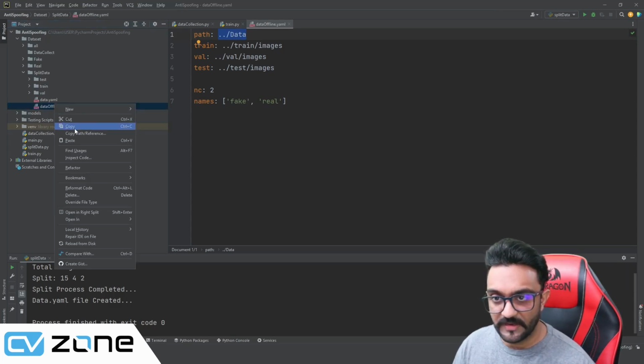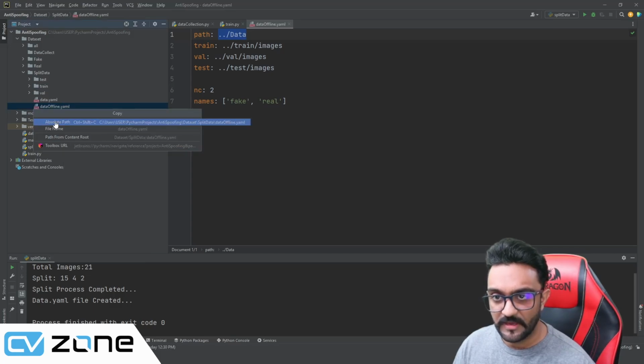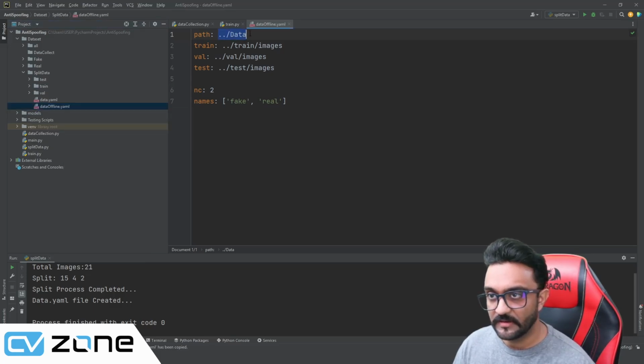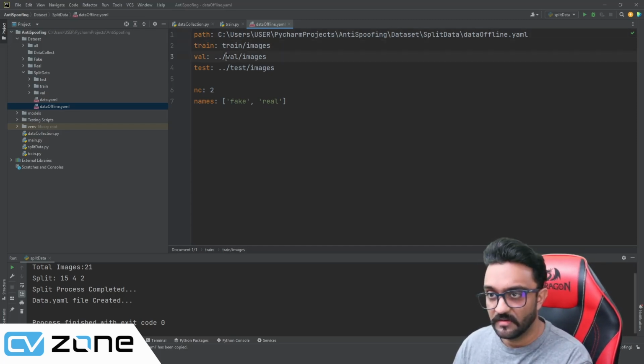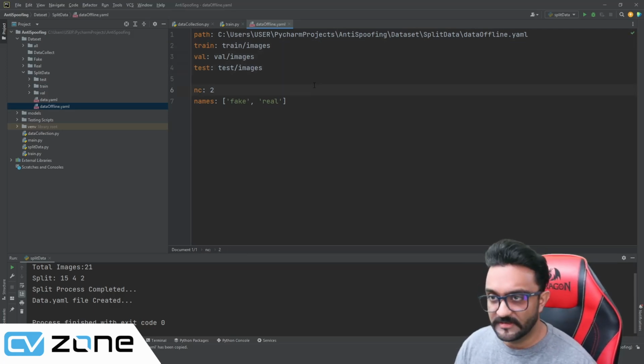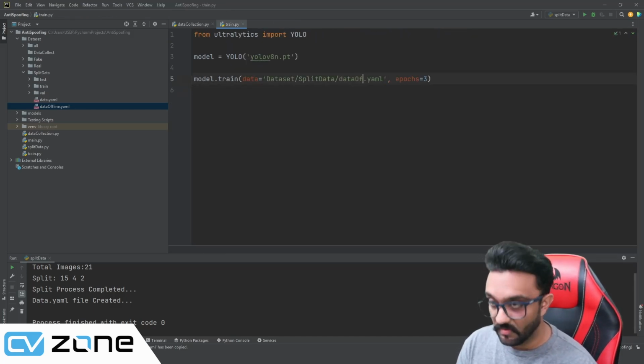So we will right click and copy path, and copy absolute path. And here we will write this. And then you have to remove these from here. There you go, and that's it. The rest remains the same. We can save this and we can write here data